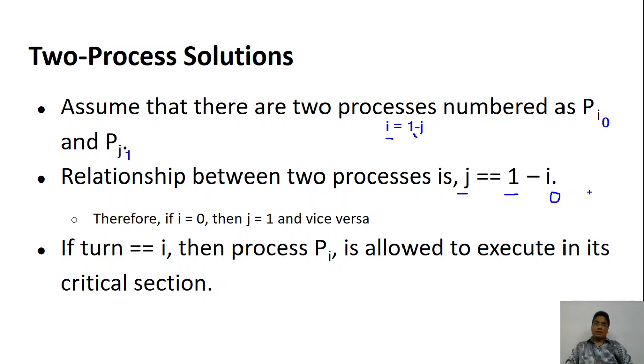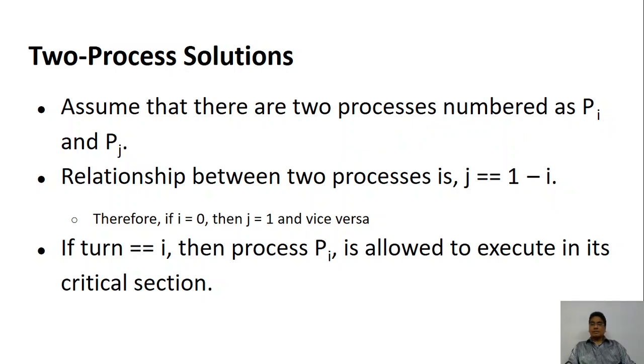So what you have to do? Remember that there are only 2 processors. Don't ask what will be the second processor; no, only 2 processors are there. The first processor ID is 0, the second processor ID is 1. How to get the ID of the other process? It is 1 minus the ID. So if processor i has the value 0, the other processor is 1 minus 0, so j is 1. If the processor ID of j is 1, what is the processor ID of i? It is 1 minus the ID of this, that is 1 minus 1, which is 0. Okay.